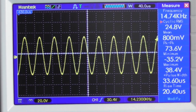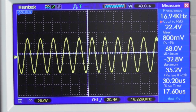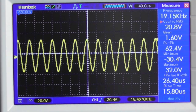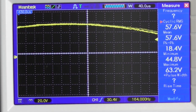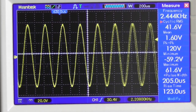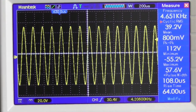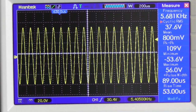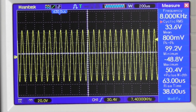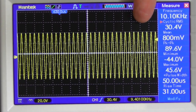Now, the first thing I've noticed on this preamp, to my amazement, is the frequency response is not flat. I've checked off camera the input from the generator, and that's as flat as measurably possible. Now if you look at this is a low frequency, and look at the graticule here and visualize how big that is, and you'll see as the frequency goes up, the HF is dropping off. We are quite a bit down now. I'll leave the time base where it is because you don't really need to look at the waveform, but you can see it's gone from here to here,